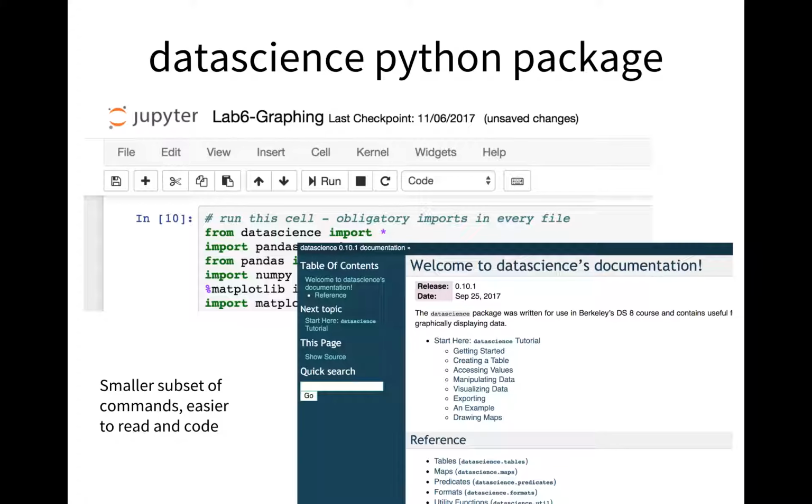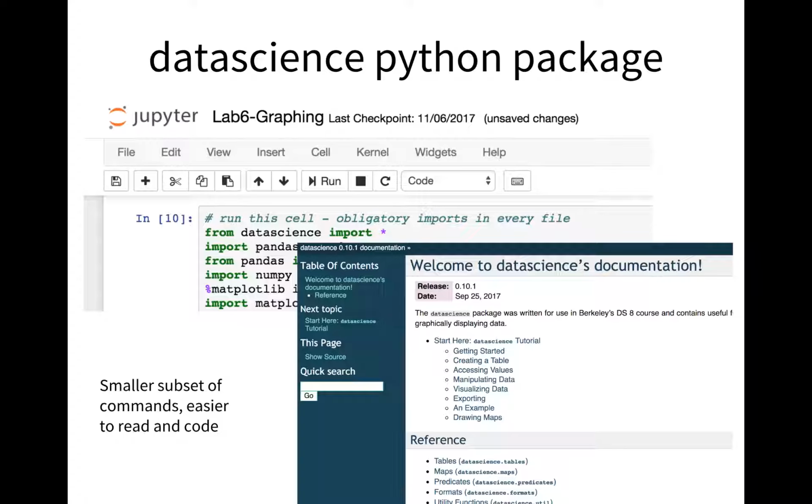So we pull our package in at the beginning. You'll see this at the top of your notebook, that they're pulling it in. Importantly, when you ask the internet for answers, which is how anybody does any coding at all, there's not as much about how to do things using datascience as using other packages, because we are in a little bubble here. So I'm going to remind you that there is a special documentation page for this datascience package that's hosted at the Data 8 website, and I'll send you a link to that. Sometimes you don't get there right away just by Googling things. It doesn't show up in Google as much.